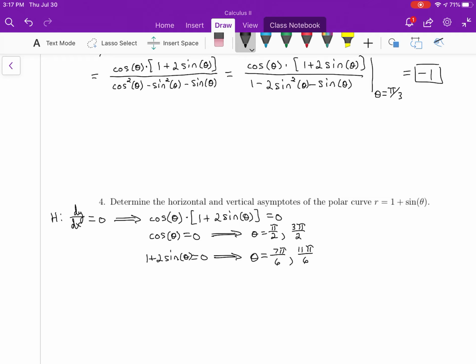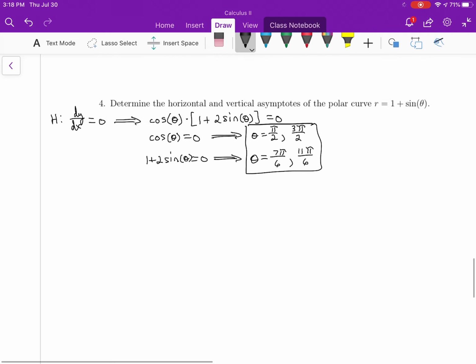So there's two angles for each when you're looking at the period from 0 to 2 pi, so a full cycle. If you look at a sketch, you'll see that both these functions will be 0 twice within that interval. So that's where the horizontal asymptotes will occur. Now the vertical ones